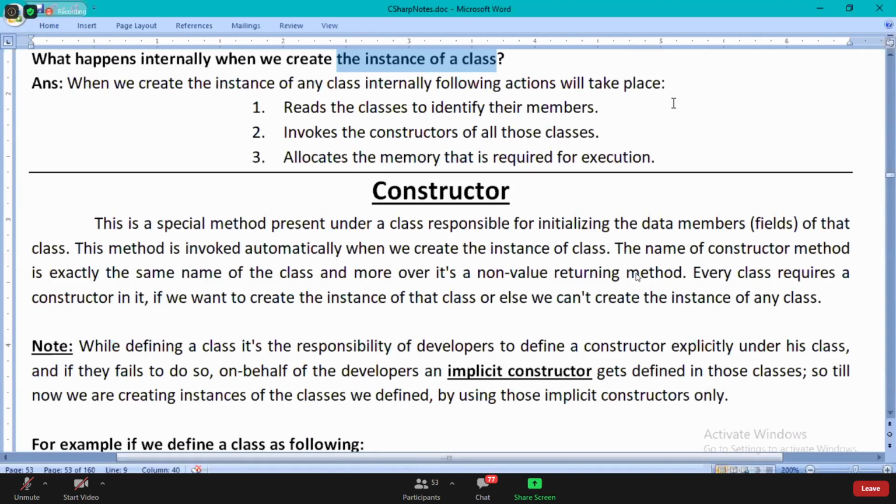That's why, whenever you try to create the instance of a class, it not only reads itself, it is going to read the parent also. See, guys, not only your parents, your grandparents' property also belongs to you. So basically, you should know what is the property of your parents, what is the property of your grandparents. Everything you require to know here.